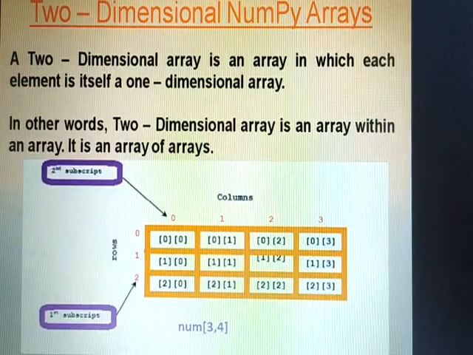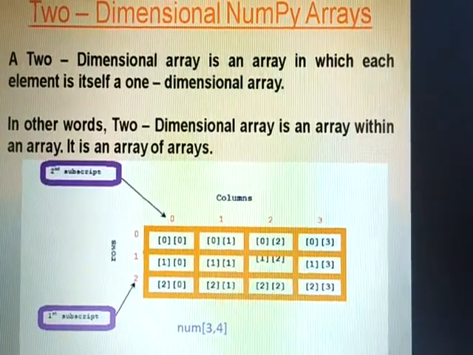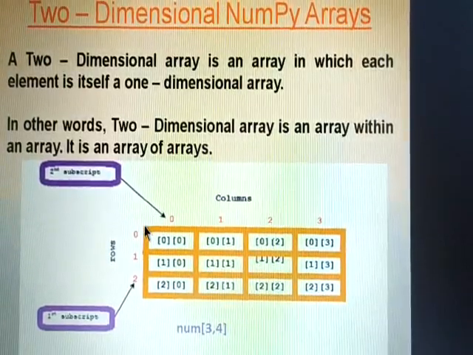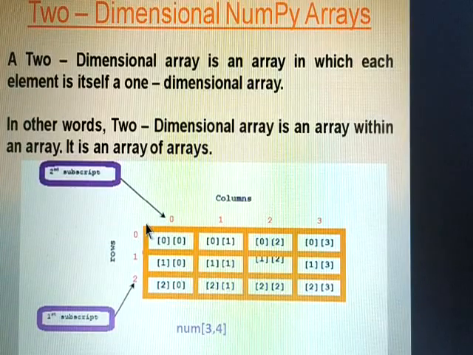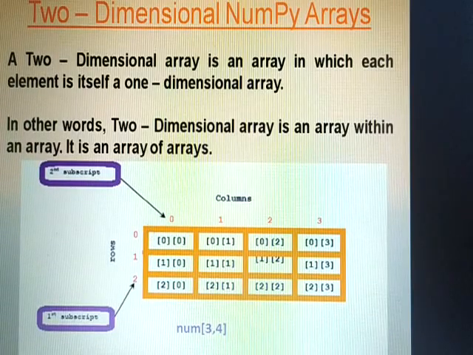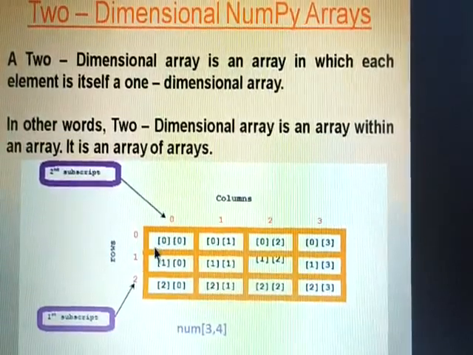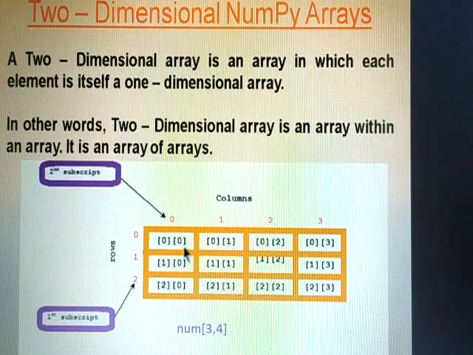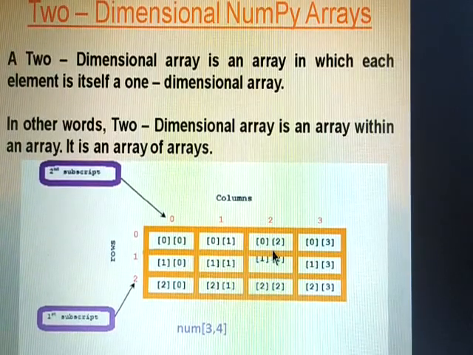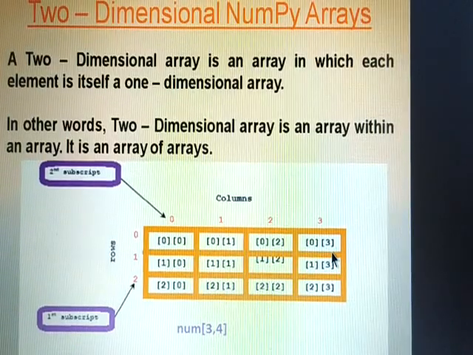In the below example of a two-dimensional array, observe that each array element itself is also an array, like 0 of 0 element, 0 of 1 element, 0 of 2 element, 0 of 3 element, and so on.